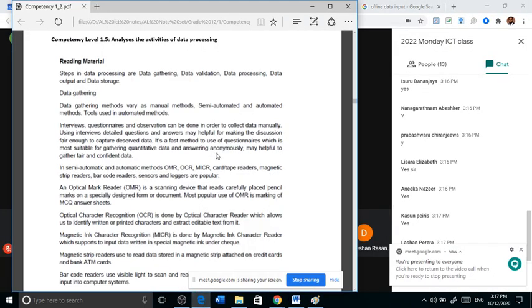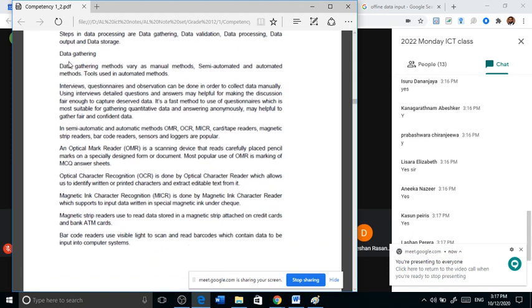Okay, Buddha. So what are the main stages? Data gathering, data validation, data processing, data output, and data storage. Now we are going to discuss the main methods in data gathering. Okay, right. So the second question will be,